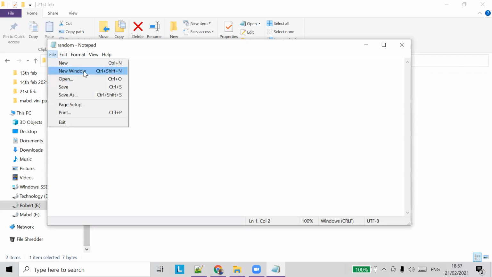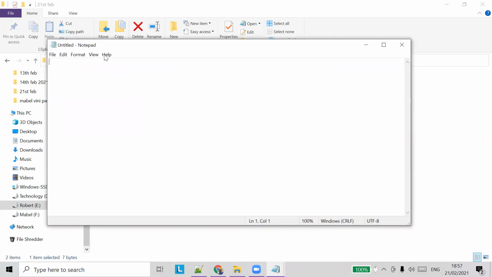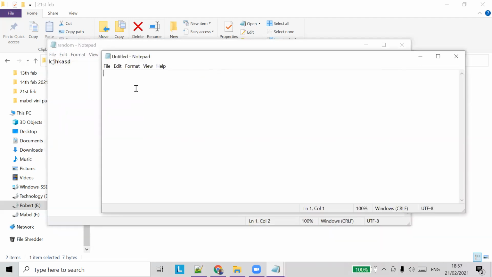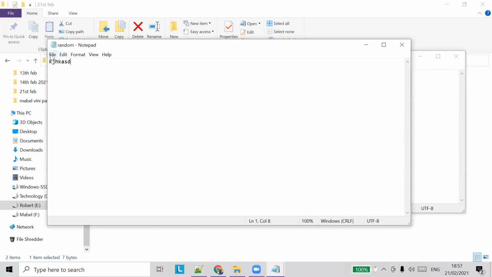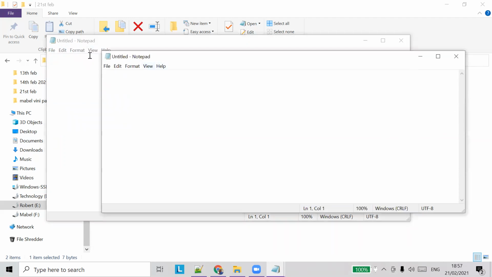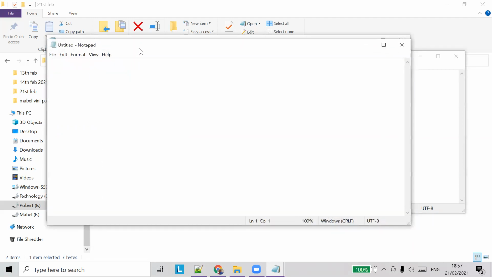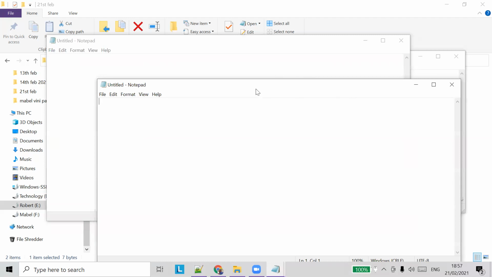Okay. So if you say new window, there will be another notepad window opened again. So if you click, you will have two notepad windows open simultaneously. So that's the purpose of having a new window. When you click new, it opens on the same window itself, so the other window will be gone. But if you click new window, there will be multiple windows open. It won't close the original window. When you click new window, it will have multiple windows open simultaneously. So that's the difference between new and new window.